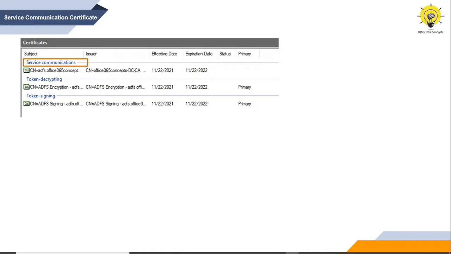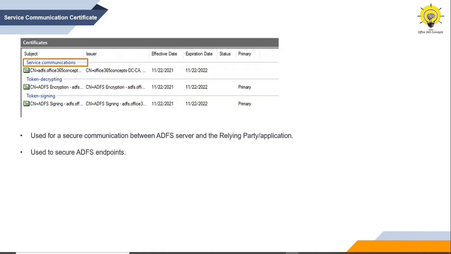Service Communication Certificate is used for secure communication between the application and the ADFS server. This certificate is used to secure the endpoints. For a production environment, you should always use an SSL certificate that is issued by a third-party certification provider. But if you are deploying a test environment, then you can use a certificate that is issued by an internal certification authority.